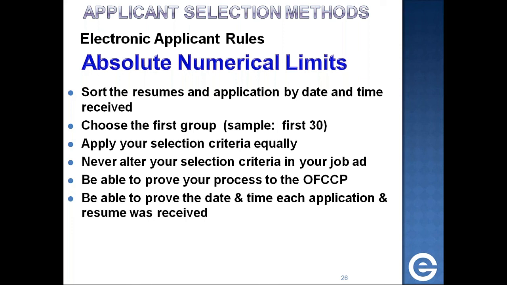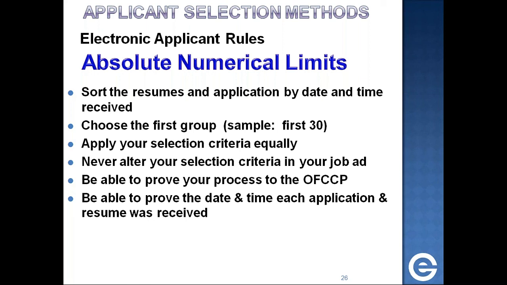Sort your resumes and applications by the date and the time that was received, the date they applied. Choose the first group. So let's say you choose the first 30. Apply your selection criteria. So you're looking for basic qualifications and possibly preferred qualifications. So you want to apply it to the first 30. Never alter your selection criteria in your job ad,